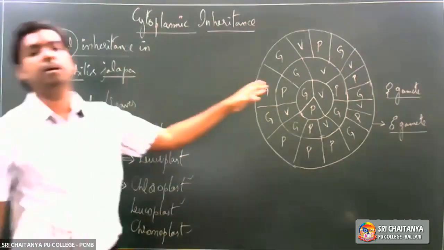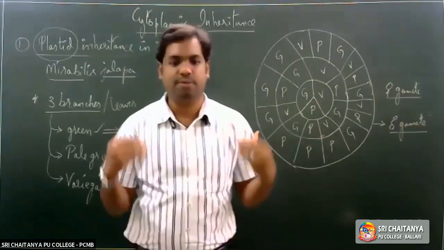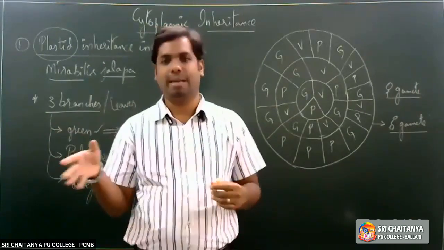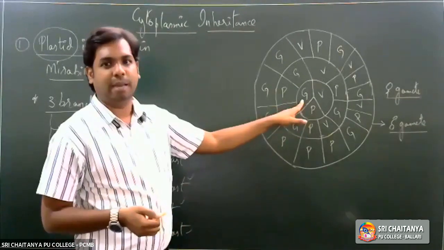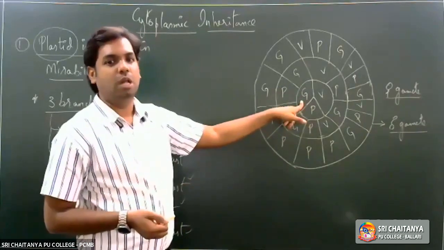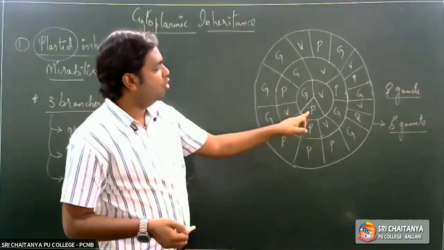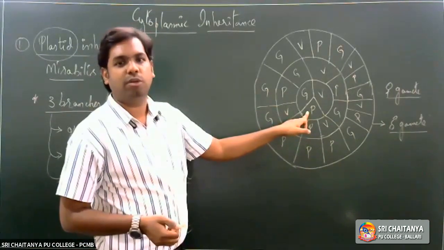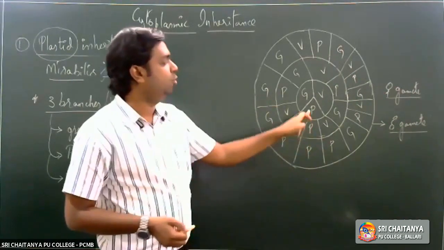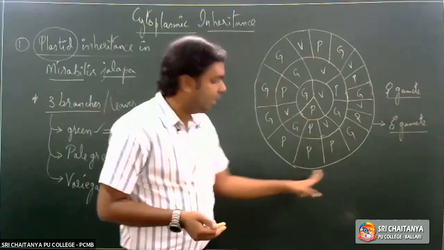So, what you need to remember here is whatever type of plastid is actually present in the mother, that is the female gamete, the same type of plastid will be inherited by the offspring. In the first case, the female gamete is green. So whatever be the type of male gamete fertilizing this green female gamete, the progeny will obviously be green. In the second condition, the female is pale green, that is, the female will produce only leucoplasts. Since the female is producing only leucoplast, whichever type of male gamete fuses with the pale green female gamete, the offspring obtained will be only pale green.